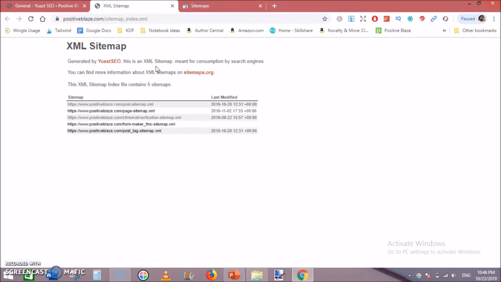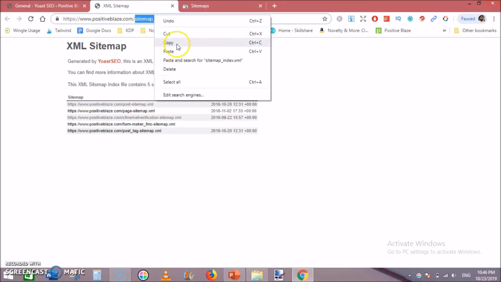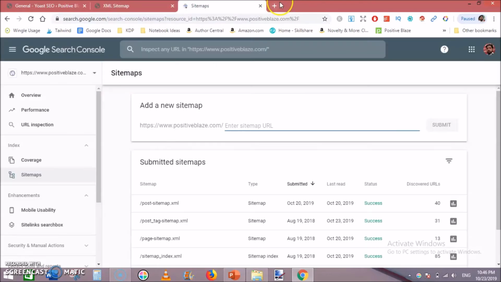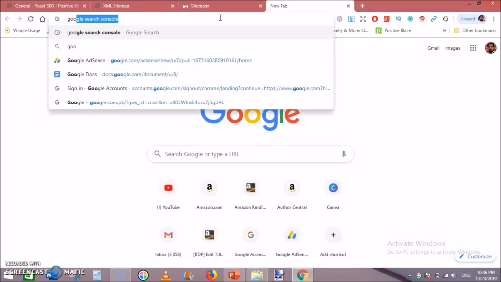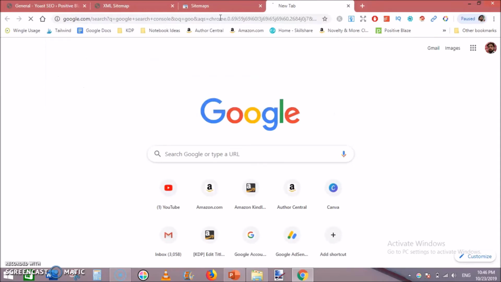Here it will show you an index of your sitemaps: your post sitemaps, your page sitemaps, your form maker, your post tags, for everything. First of all, you need to submit this general sitemap. Just copy this, select and copy this, then go to Google Search Console or simply type in Google Search Console in Google Search,